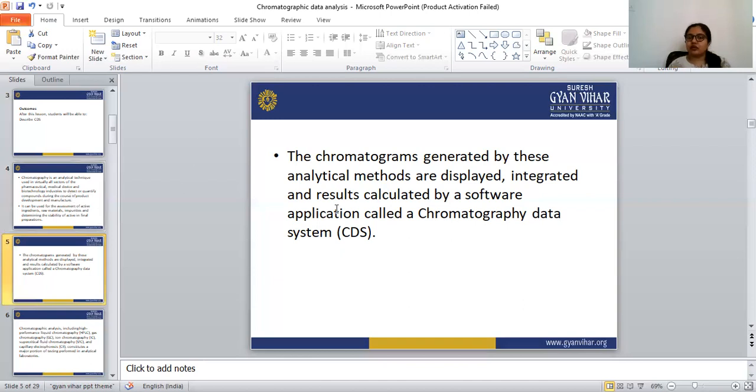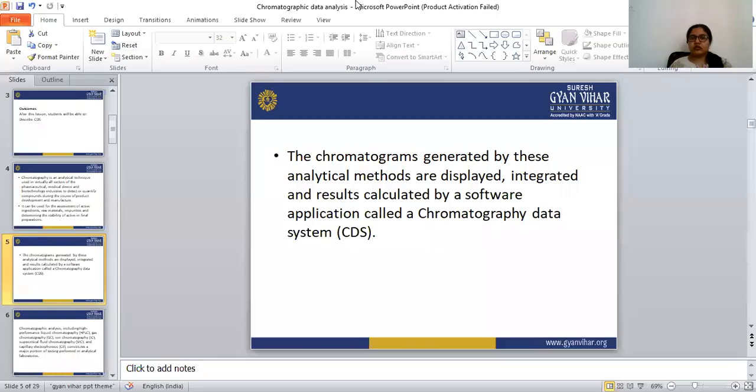In that software we can see and integrate all the results. So the chromatogram generated by the chromatographic method is displayed, integrated, and the results are calculated by a software, and that software name is chromatographic data system.